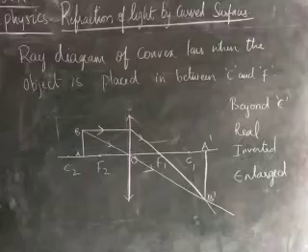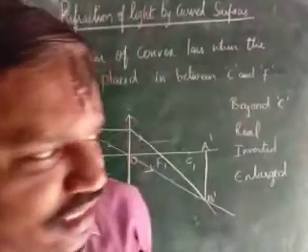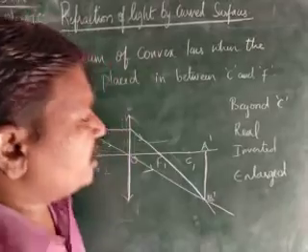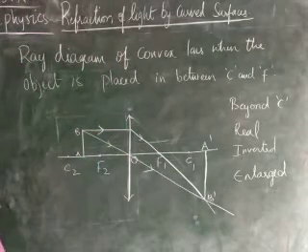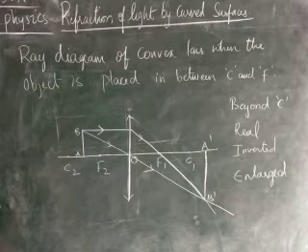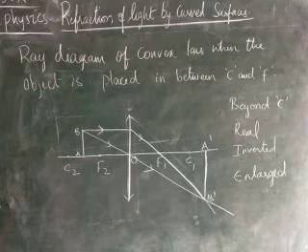Okay children. Therefore here, as we learned in the case of mirrors, we also learned how the images are formed. Okay, as I said, all the remaining properties will be the same, but in the case of mirrors, it is the concave mirror. In this case, it is the convex lens. Okay children, only the diagram differs.